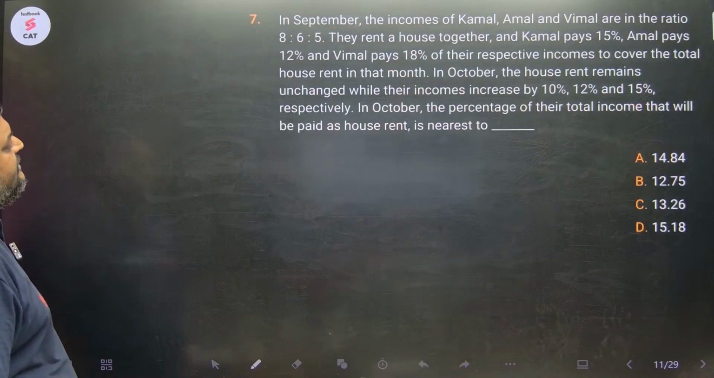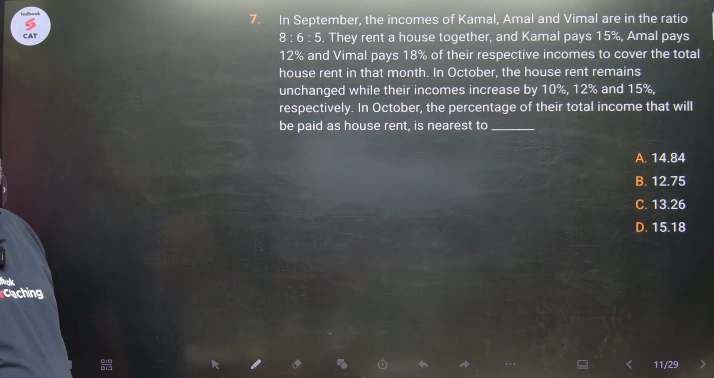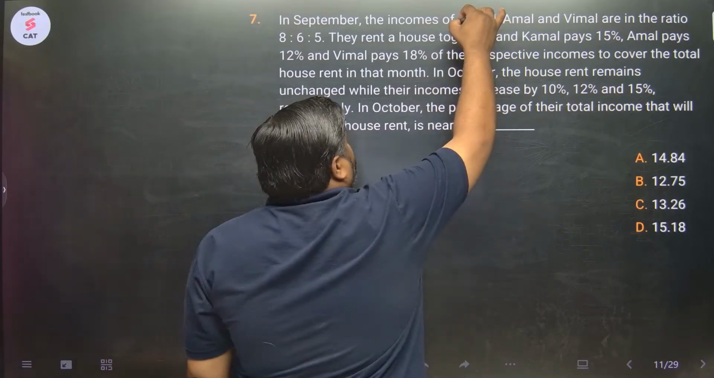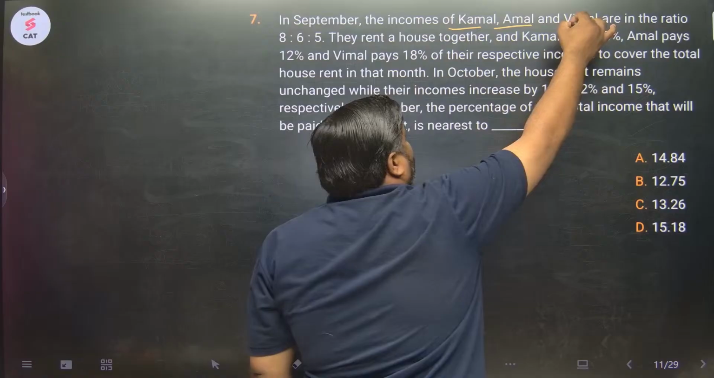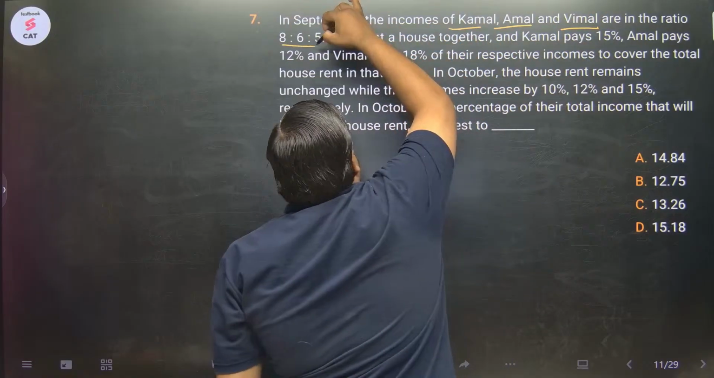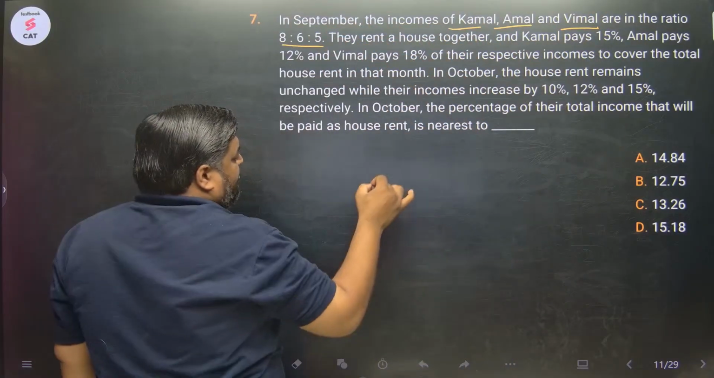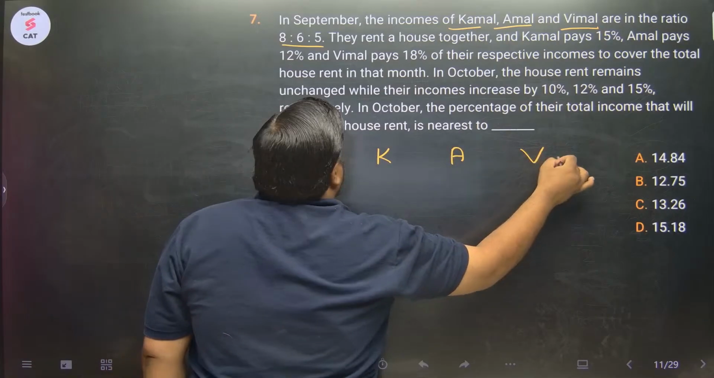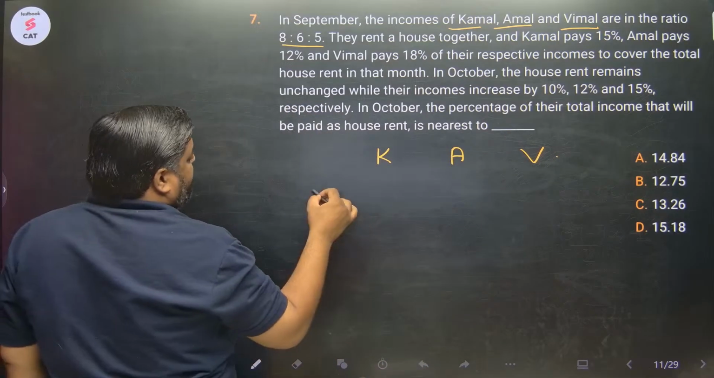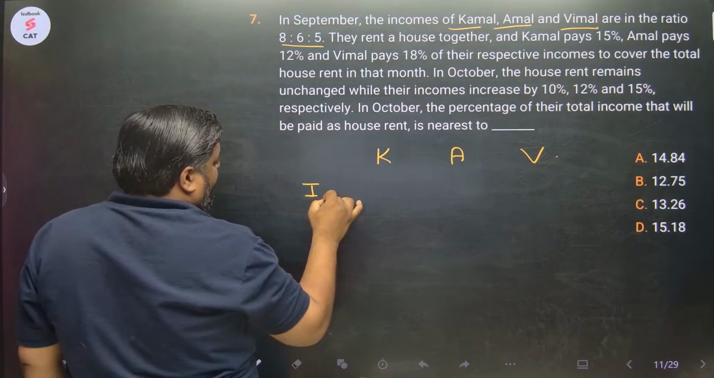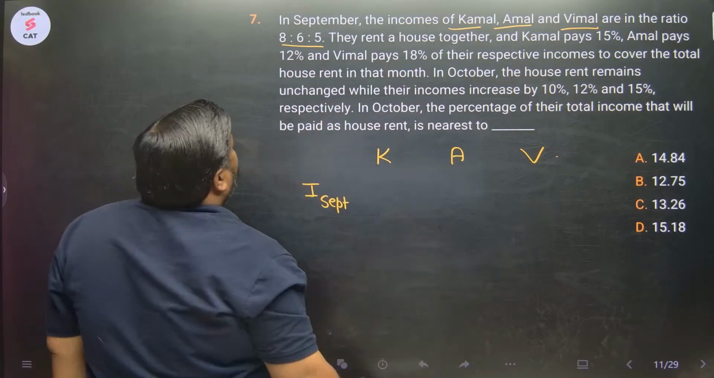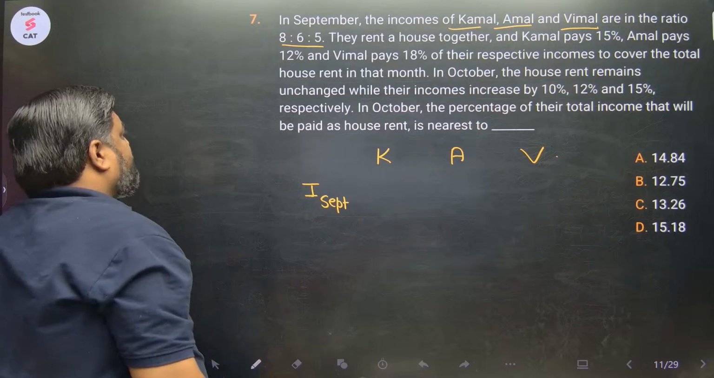Next question. In September, the incomes of Kamal, Amal and Vimal are in the ratio 8:6:5. So the income of Kamal, Amal and Vimal in September is in the ratio 8:6:5. Let's say